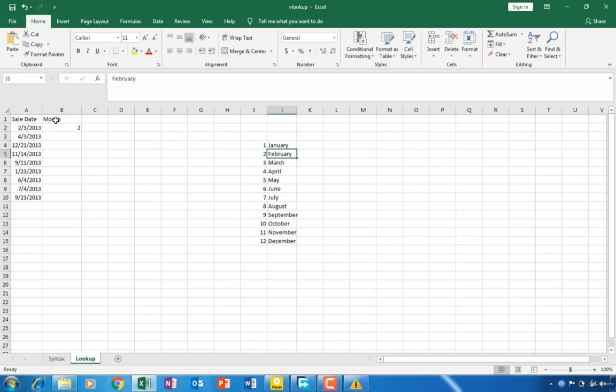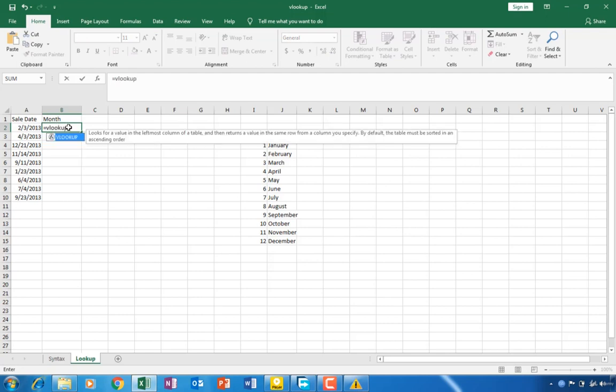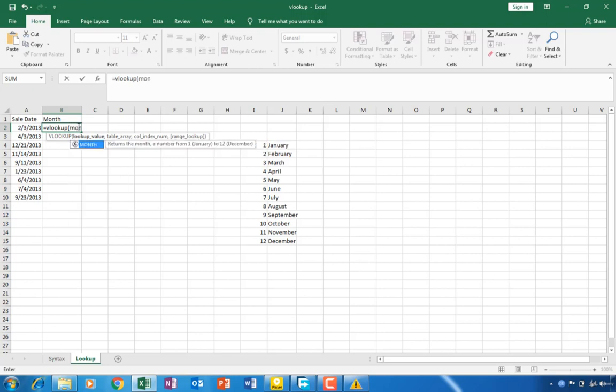Okay, so what I can do is I can click over here, overwrite the formula by pressing the equal sign, then type the Vlookup formula as Vlookup, open parenthesis, and what I'm going to be looking for is the month, and the month I'm going to be getting the information from cell A3, close the parenthesis, comma, and I'm going to use column I and J as the table array,